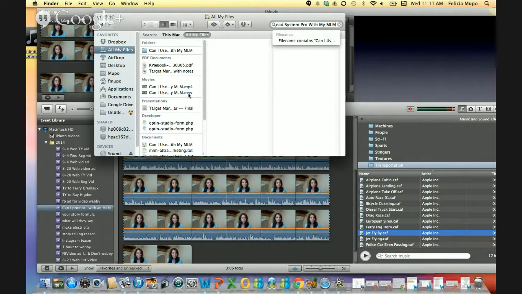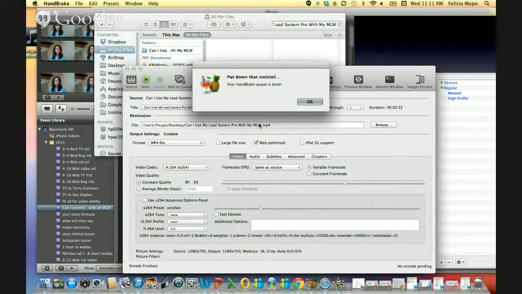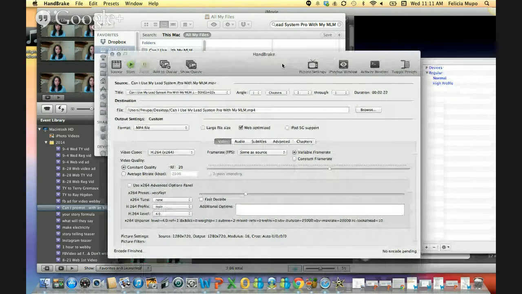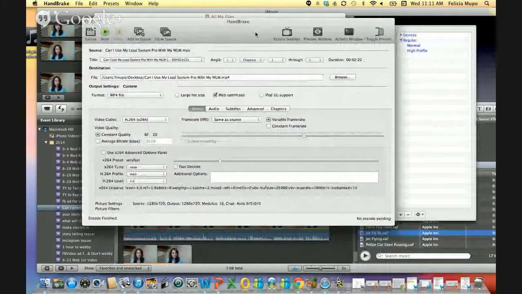Out of habit and out of ease for my viewer, I convert all of my movies over to an MP4 file format. I do that using this system. You'll see this is what it looks like after it converts it. It's kind of cute. Put your cocktail down. It's done. But it's done through a program called Handbrake,